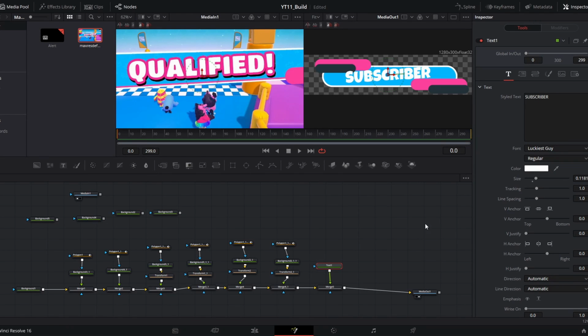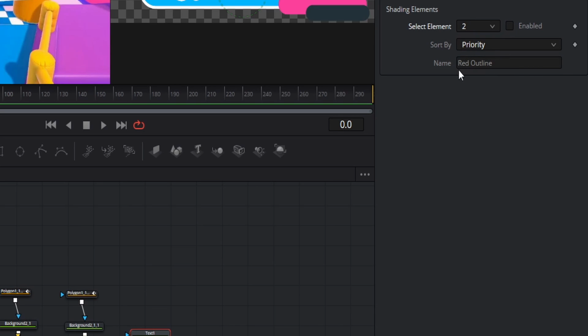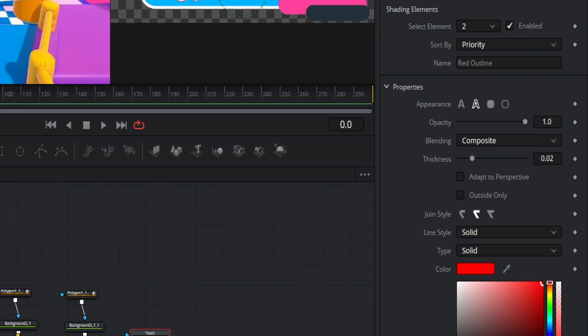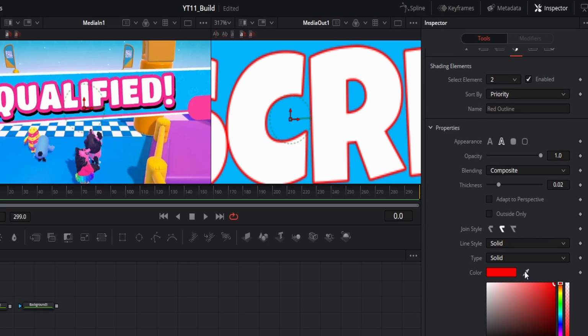So with our text selected, I'm going to move to this tab labeled shading. And here you'll have shading elements with 8 options. Your first element will always be your main text. So we are going to jump to our second element, which by default is a red outline. Click enable, and if we zoom in, you will see that that is actually a red outline. But what we want is our pink outline. So scroll down to your color and drag your eyedropper to this pink,